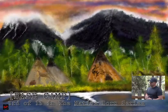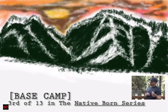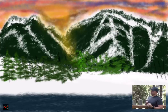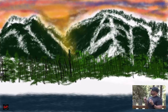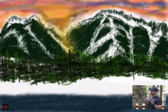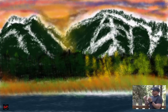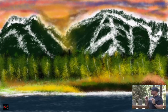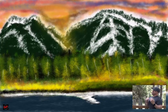Now here on my third of 13 in the Native Born series is Base Camp. In Base Camp, my first round on the mountain itself kind of looked like a ski resort. So I was put in a situation where I was like, gosh darn it, how am I going to make this more believable in a 2D and 3D space? So in the 2D space, I put the aspen trees and some various stages of height for the actual trees, and then I just